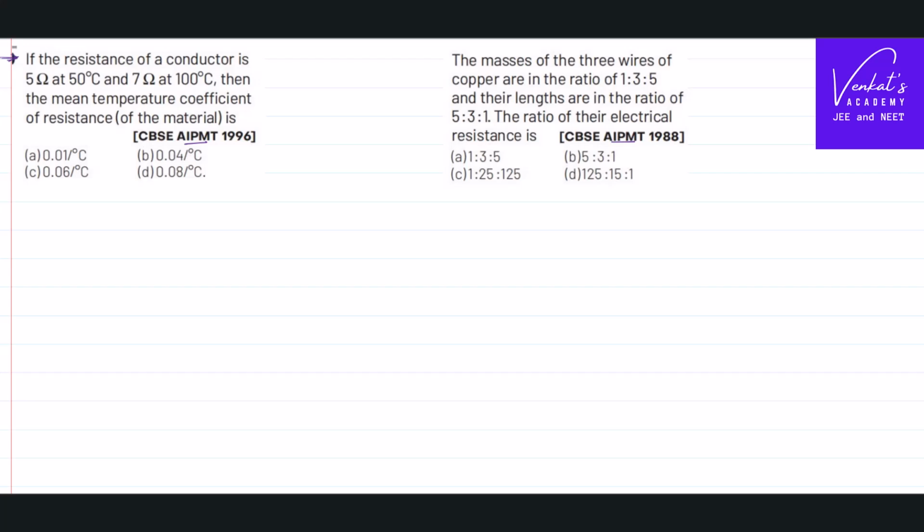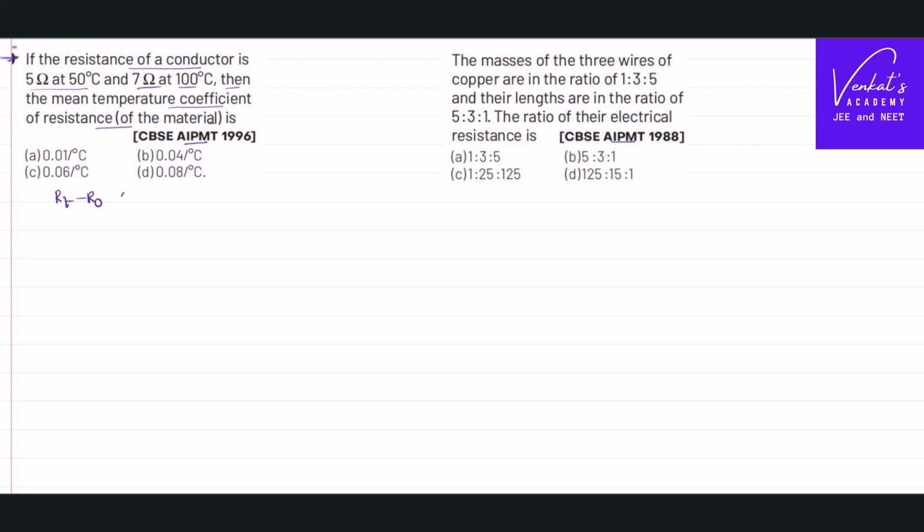It says, if the resistance of a conductor is 5 ohms at 50 degree centigrade and 7 ohms at 100 degree centigrade, then the mean temperature coefficient of the resistance of the material is how much? First of all, what does the temperature coefficient of resistance mean? It is known that